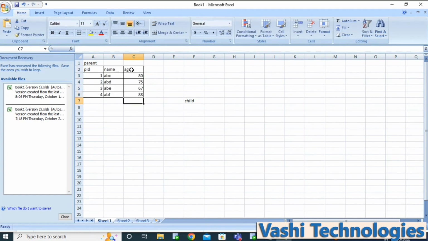Now we have this parent ID. You may have a mobile number, and we have other fields as well, such as Aadhaar number and all those things. In the child table, I'm also maintaining the CID, name and parent ID. I'm maintaining only the required columns here, not all of them.